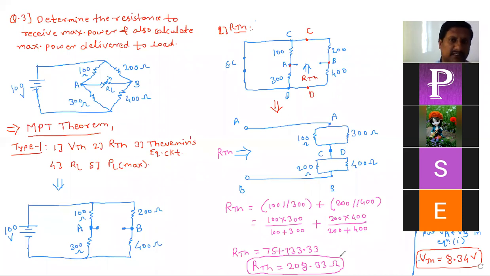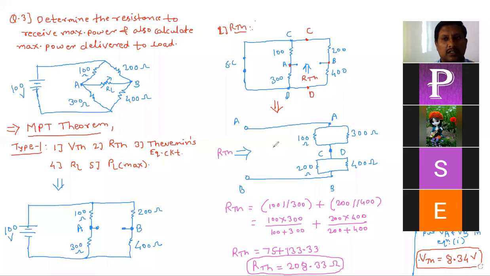This example we also solved in Thevenin's, only there the values were probably 10, 30, 20, 40. I'm not sure about the values, but we have already done such an example. So this is the value of RTH and how to find it. If any questions are there, this is very challenging. How to convert this circuit into this, you will get it when you solve a number of examples. When you solve many examples and practice, only then does this skill develop. If you solve a variety of examples, such a skill and such ideas can develop. So make practice, that is the only solution.